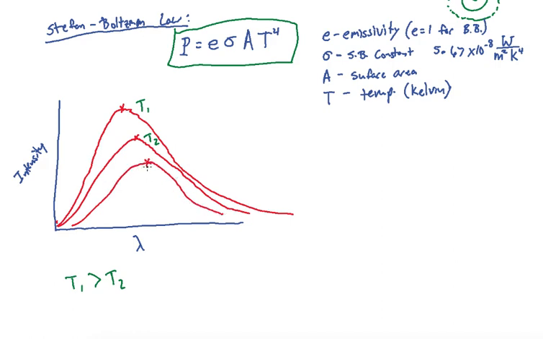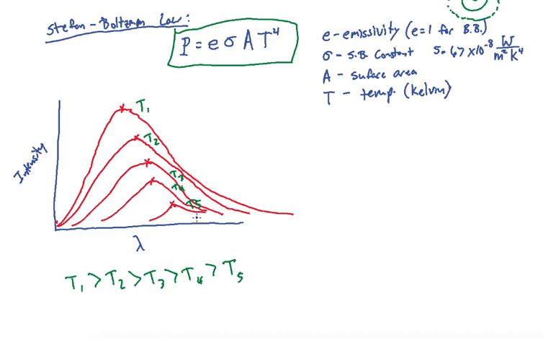Sorry, my peak wasn't great, but the peak would keep shifting, like this. T1, T2, T3, T4, T5 down here, all getting lower in temperature, okay? And what would happen is it would trace out this nice little